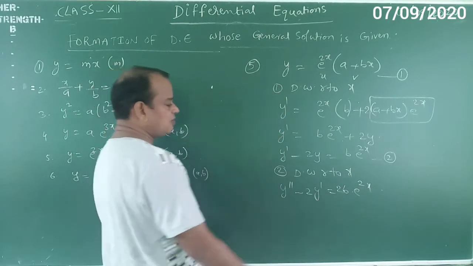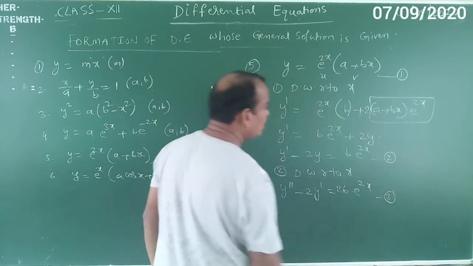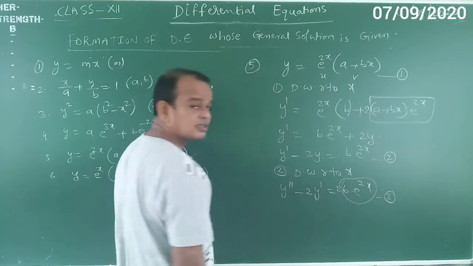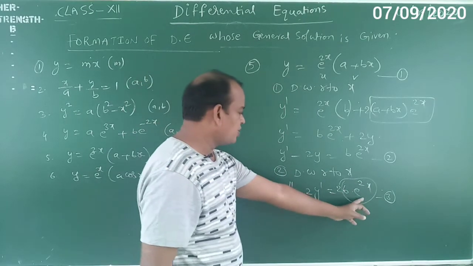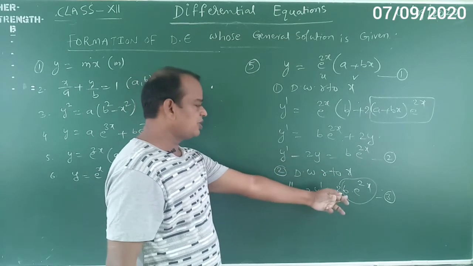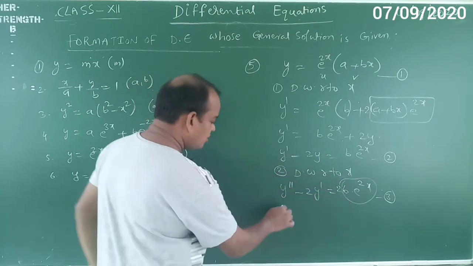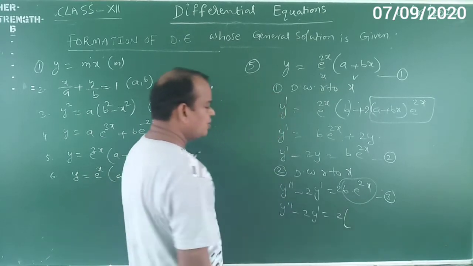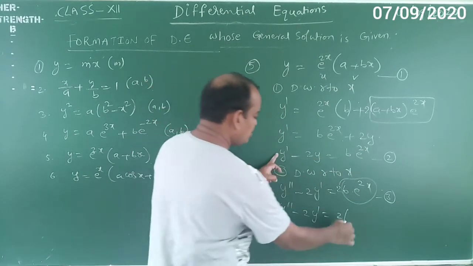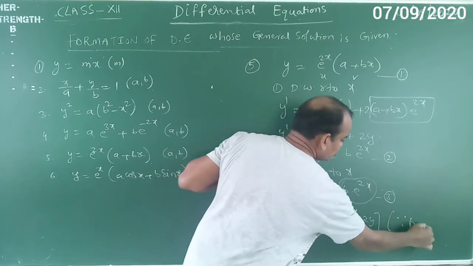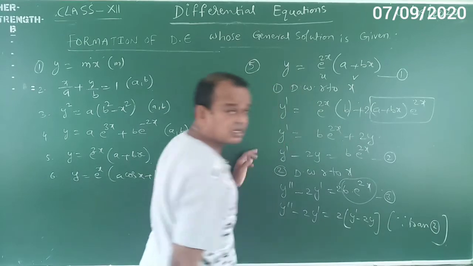Now from these 3 equations, compulsorily we remove a and b. Here observe that b into e^(2x), already I found out the b into e^(2x) value, y' - 2y. Substitute here. Therefore, y'' - 2y' is equal to 2 into b e^(2x) value, y' - 2y, from equation 2. I hope that you understood or not?